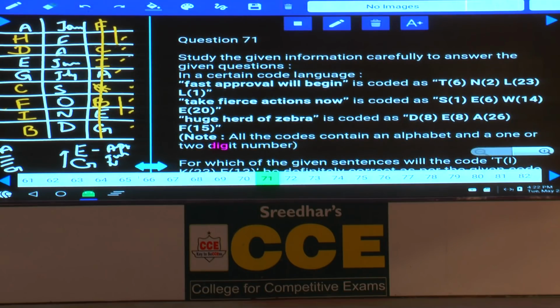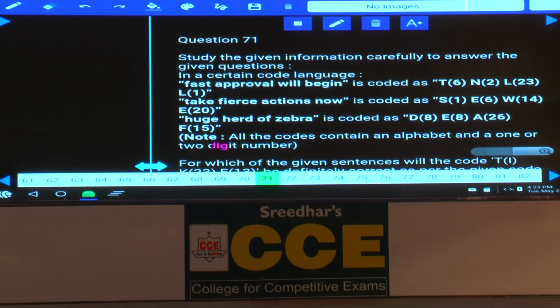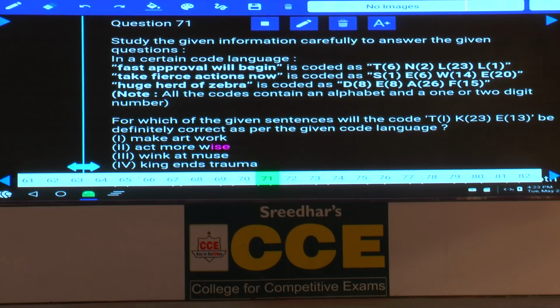Now in this question number 71 to 75, these are based on coding and decoding. Now in this coding and decoding, tell me what is the information here? It is a combination of letter and a number. Now fast approval will begin. Now sir, in this one fast,